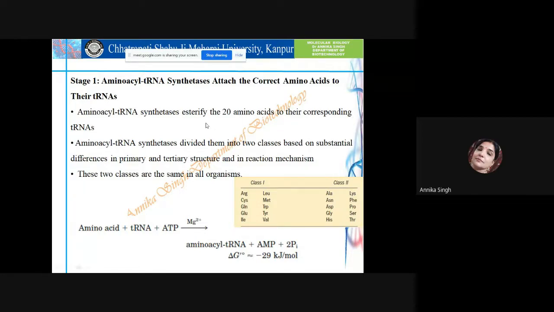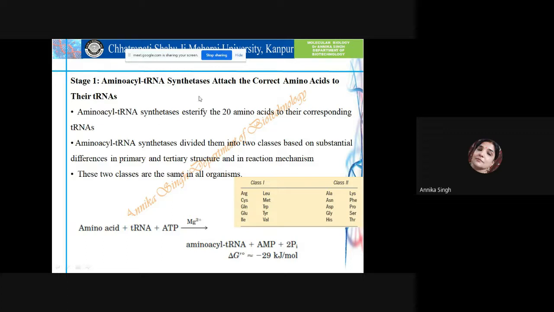And this depends upon their substantial differences in primary and tertiary structure as well as in reaction mechanism, which we will see later in this discussion. ठीक है, ये आगे हम देखेंगे कि क्यों ये क्लास 1 और क्लास 2 दो क्लास बनाए गए हैं अमाइनो एसाइल ट्रांसफर आरएनए सिंथेटेज एंजाइम के। तो ये एंजाइम अमाइनो एसाइल ट्रांसफर आरएनए सिंथेटेज, it is highly